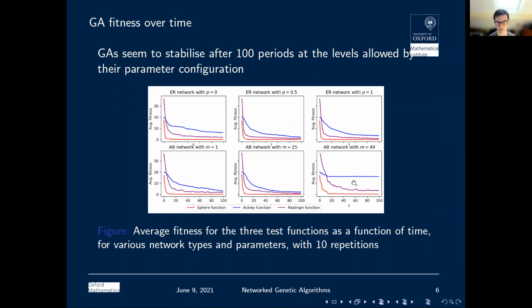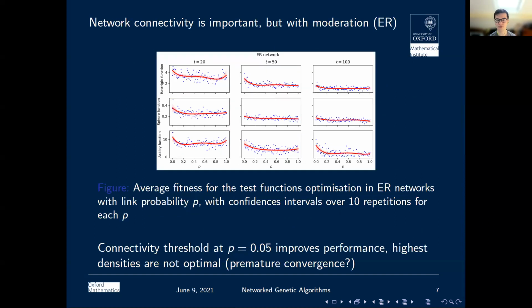The big example is, for instance, comparing this star network that doesn't seem very nice. It doesn't seem to have a lot of potential in optimization compared to other structures. And even here, as we increase density, it looks like these 2 extreme levels are not performing as well as this intermediate level of connectivity. So this motivates us to study in a bit more depth what happens with respect to the probability of links in ER networks first.